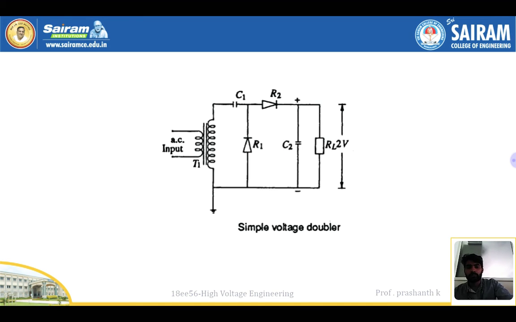See here, the supply we are giving, due to that supply capacitors C1 and C2 will be there. C1 gives one voltage, and another one is across the rectifier. Through rectifier R2, and then through rectifier R1, C2 will charge. So finally, at the output side, we'll get 2 volts. The supply we are giving is 1 volt, and the output will be 2 volts.